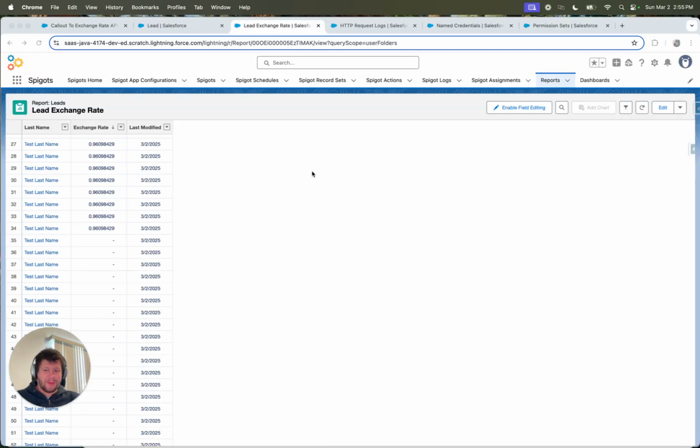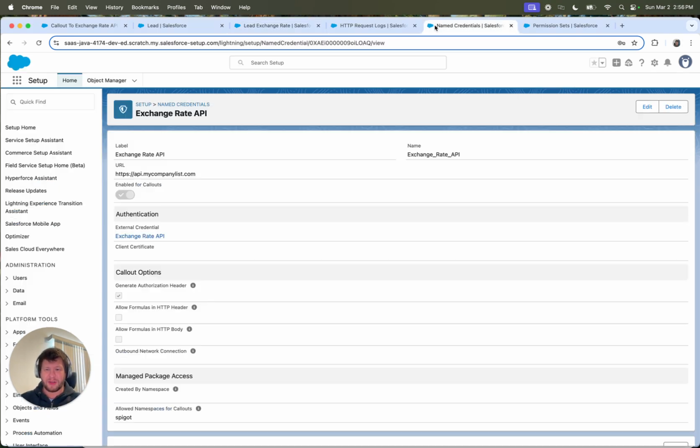Hey guys, I wanted to show you how you can use the Spigots app to call out to an API and either push data, write data back, or do both. Some people will call this a declarative call out because I didn't have to write any Apex or Flow to make this work. So first, I made a named credential for an API I'll be using